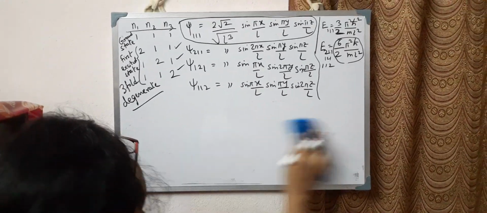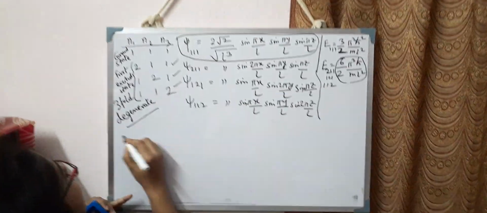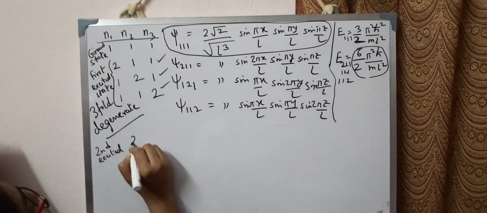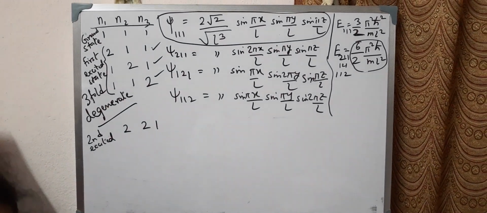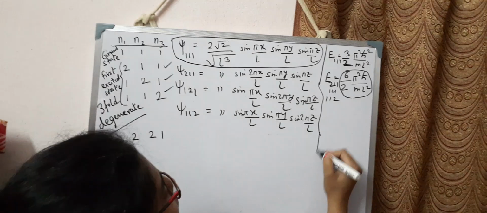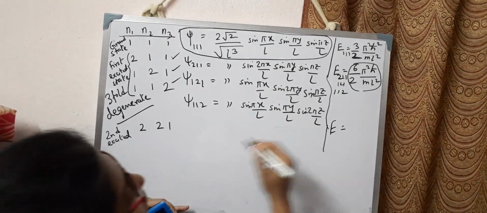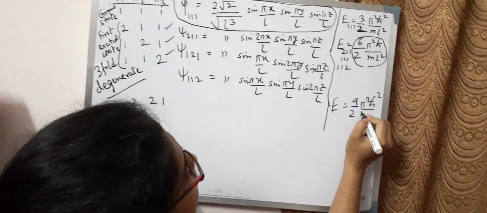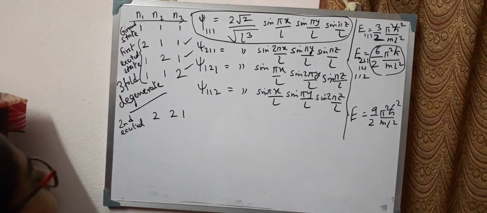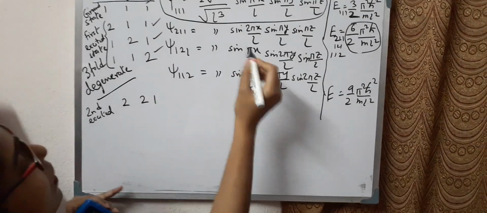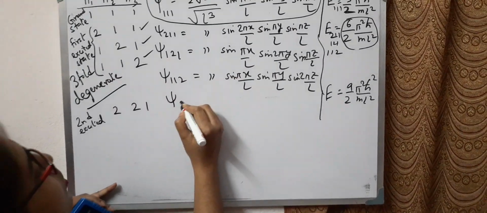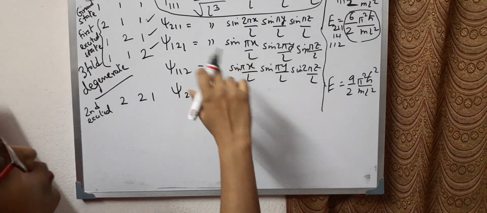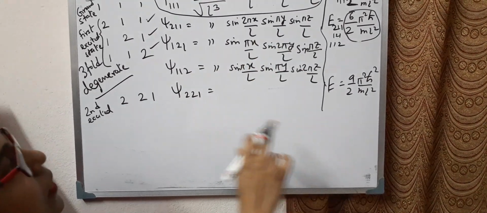Right? So now let's take a look at some more states and see how it works. The next energy level I can think of, the second excited state, is say a combination of 2, 2, 1. For that the energy value will be 9 by 2 pi square h cut square by m L square. So for 2, 2, 1, writing again, I will get an eigenfunction as psi 2, 2, 1 where it will be 2 root 2 by root over L cube sine 2 pi x by L sine 2 pi y by L and sine pi